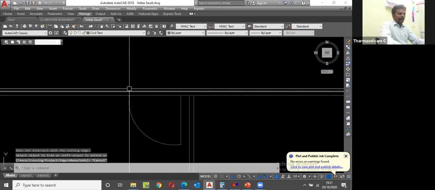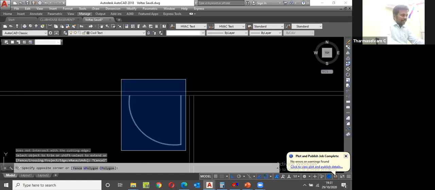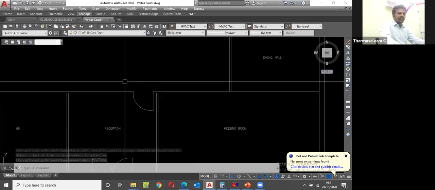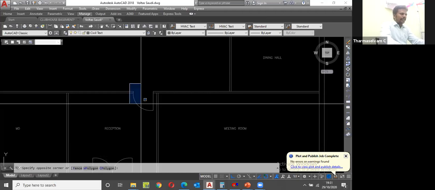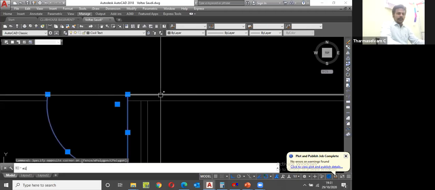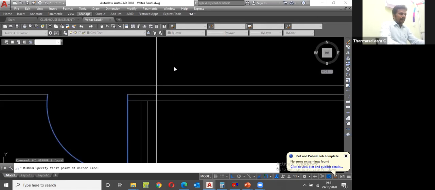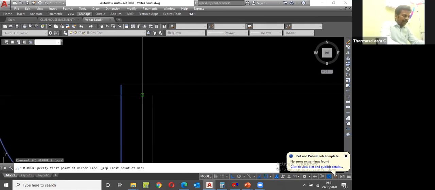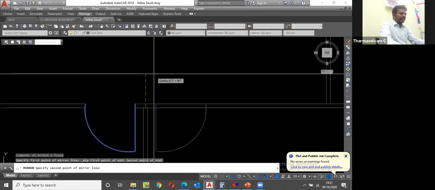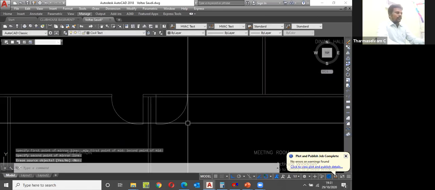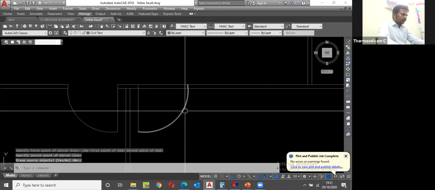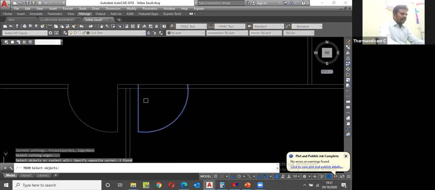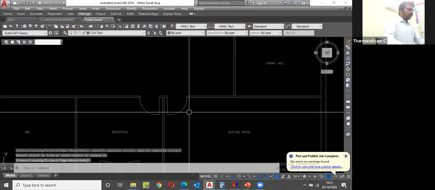Now, the main door is a double door. Inside you are going to access this single door. Now I'm going to select this door. Mirror. Mirror. Shift right click between 2 points. You can select these 2 points and click the line. Take the door and this room also. Trim. Cut the in-between door line.